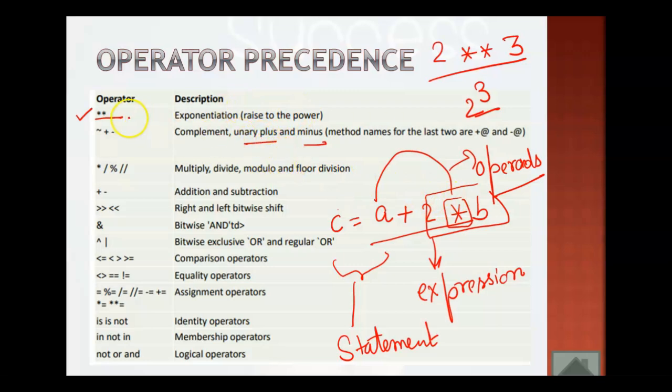Well, unary plus will insert a plus sign and unary minus will insert a minus sign, and this will come in the second place. Now the third one: we have the multiply, divide, modulus, and floor division. Then we have the addition and subtraction, right? So here you can see that addition and subtraction come next to multiply, division, modulus and floor division. So that means these have higher precedence as compared to normal addition and subtraction. So first the multiplication will take place.